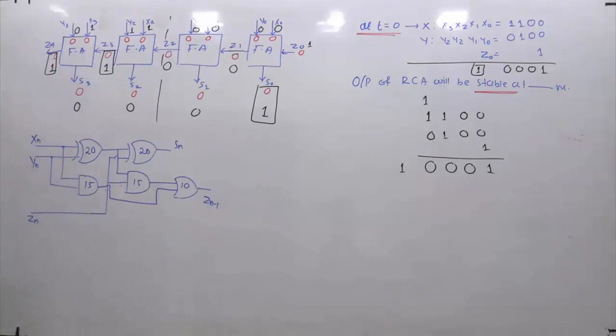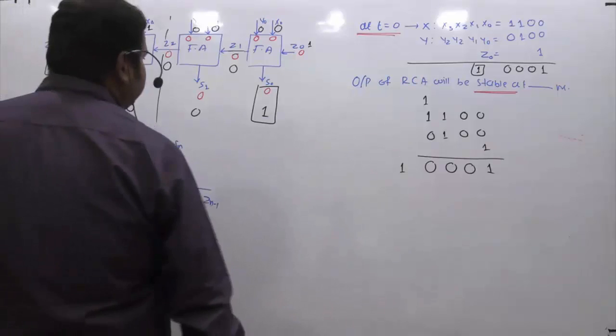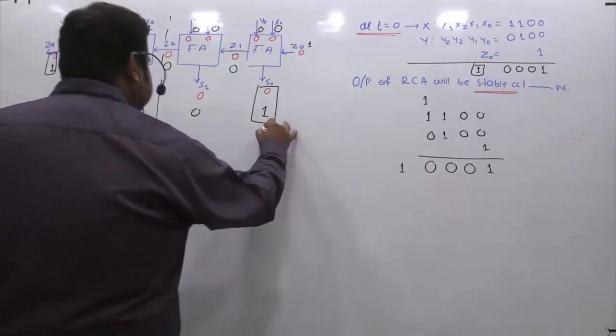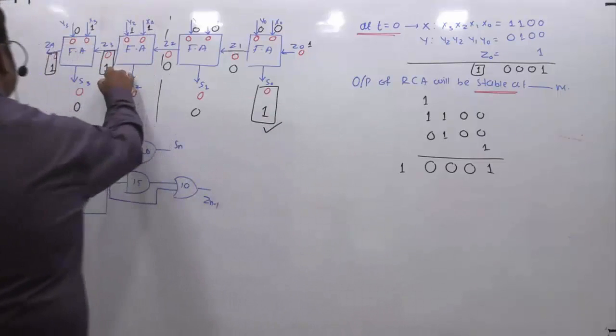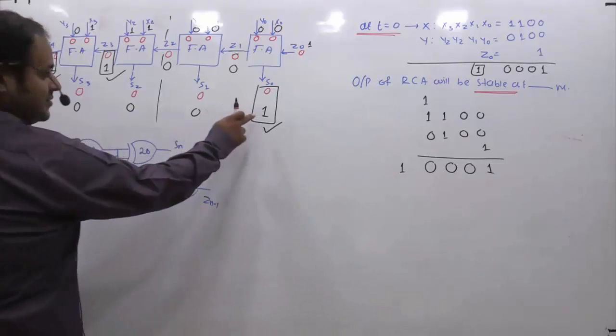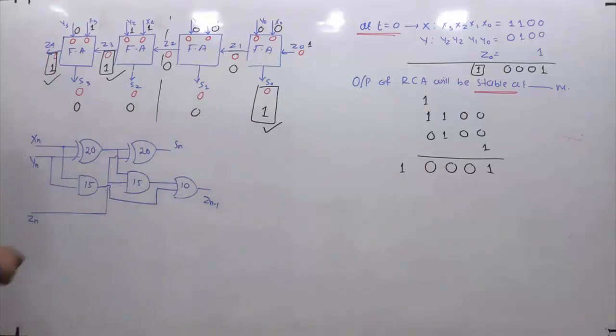So in this entire addition process of the numbers given in the question, what changes are you going to see? With respect to the initial state, if you make a comparison, one change you get here, one change here, and one change here. In the rest of the bits I am not going to see any changes. Now the question is, at what time will I get the corresponding stable values?